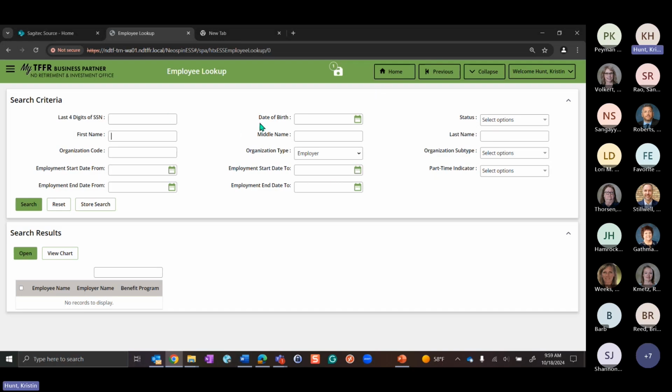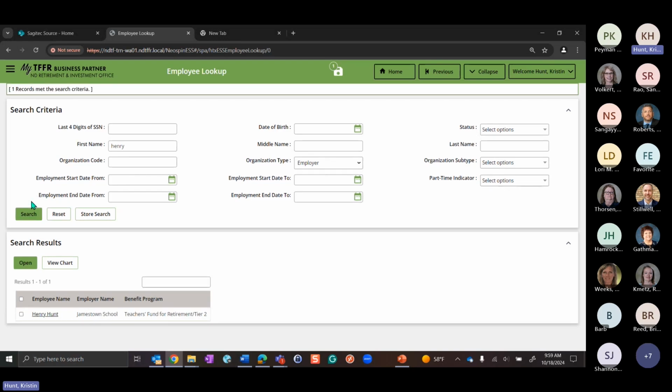I have a name set up. In your guys' lab, I use date of birth just to make it easy, but I'm going to use the name. So I have Henry. I want to look up this guy named Henry. And so once I enter in that information, I can click the search button. What it does is populate the matching search results within the search results panel. So I'll get a list of all the records for every employee with the first name Henry.